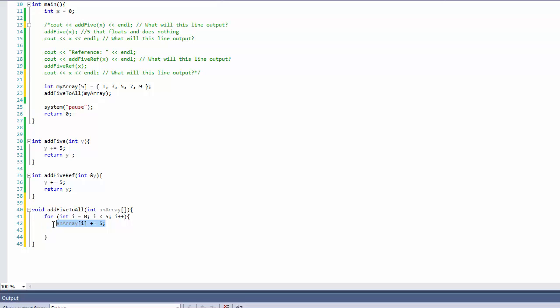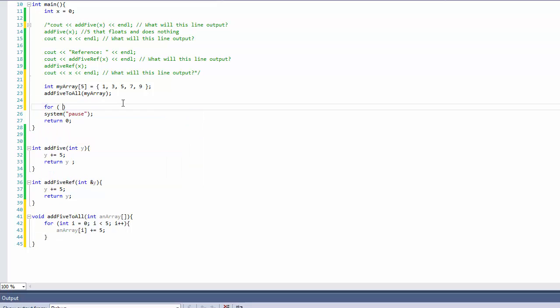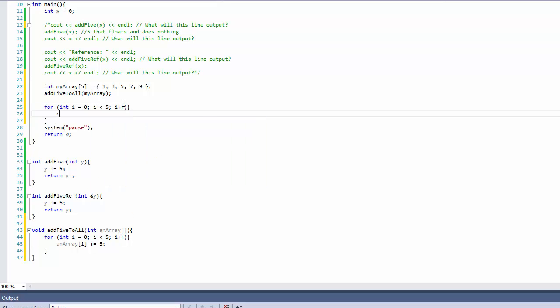So we're setting the value in the 0th, 1st, 2nd, 3rd, and 4th spot and just adding 5 to it. So we're adding 5 to every spot in our array. So in this case, that would be 6, 8, 10, etc. So I'm going to run this, and I'm going to make a quick for loop here. For int i equals 0, i is less than 5, i plus plus, and we're going to do cout